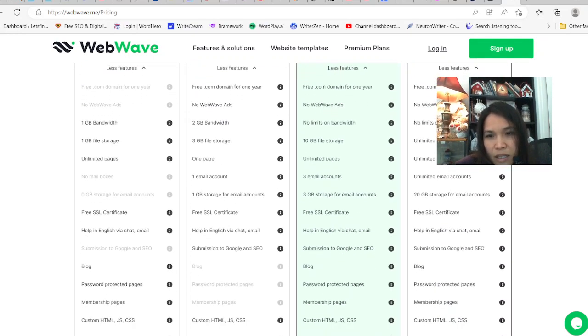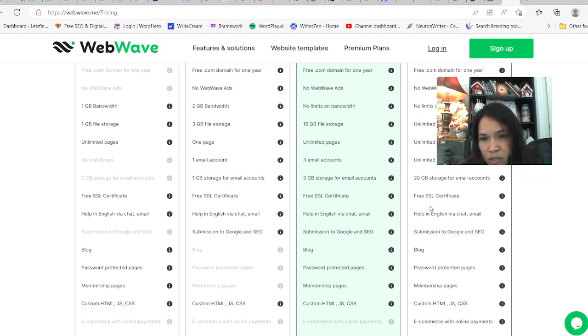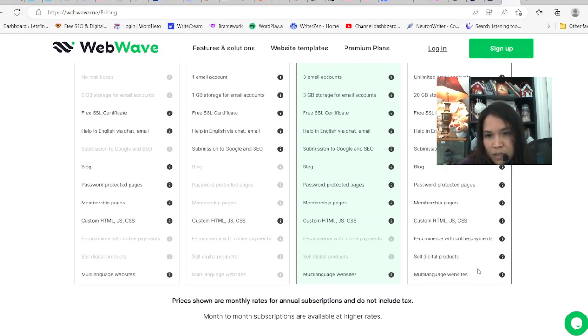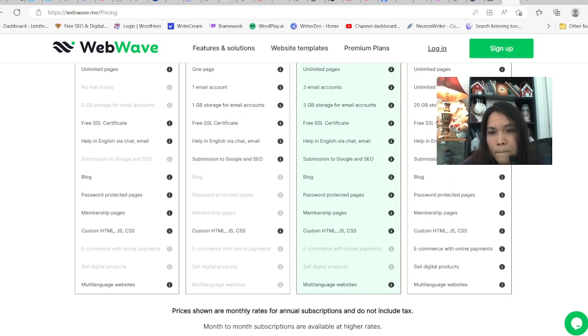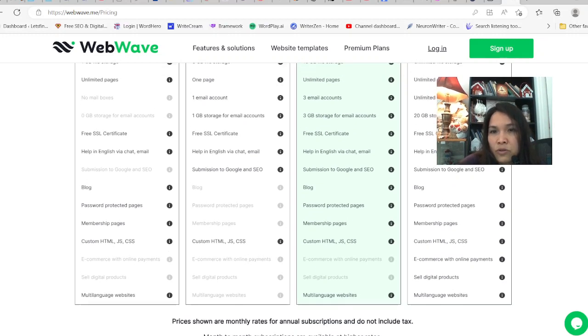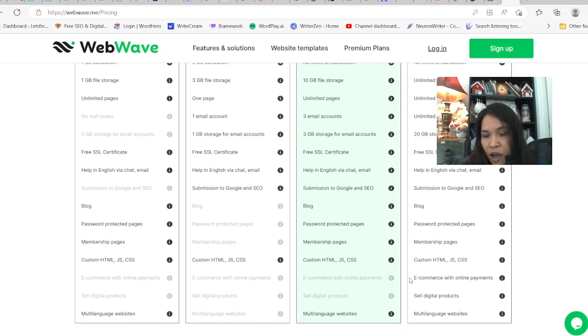But remember that they're giving you a lot. They're giving you an SSL certificate. They're giving you membership pages and password protected pages and all this stuff here with e-commerce. Because remember, even if you sign up for them separately with other places, you have to pay for your membership plugin. You have to remember you have to pay for e-commerce.